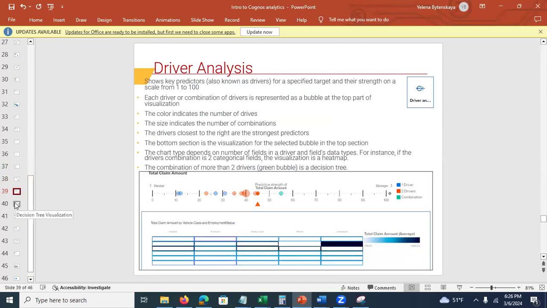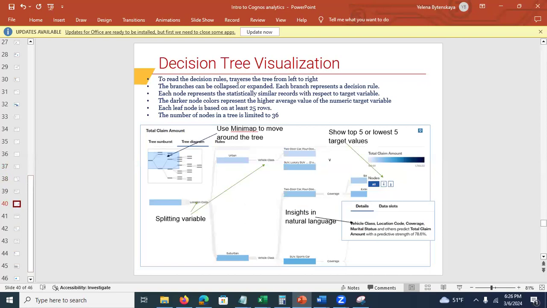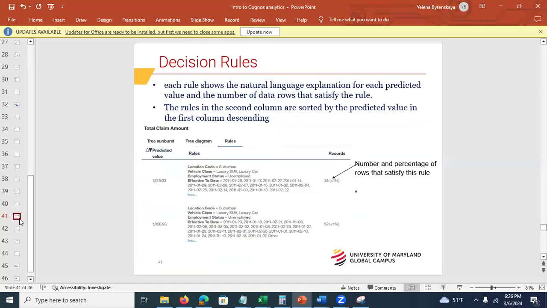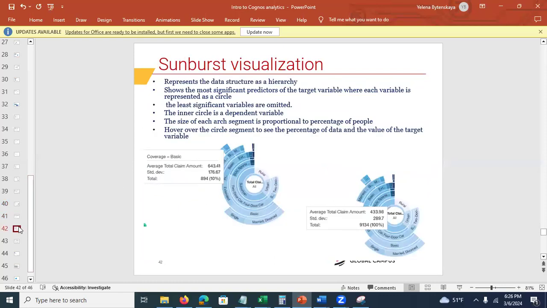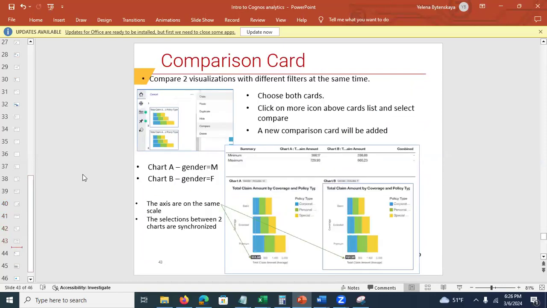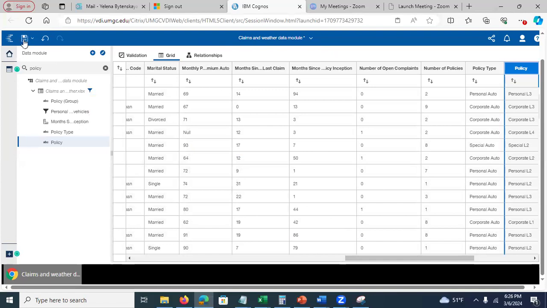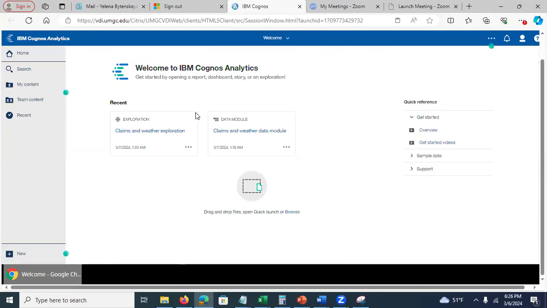I covered in different order a little bit. We talked about the decision tree. Yes, I was right. The number of nodes is 36. But each leaf node cannot have less than 25 rows. So just remember that. So we talked about how to collapse the branch, how to expand, and we looked at the Sunburst diagram. We looked at reading the rules. We looked at this, right? We looked at this. The only thing that we did not look at is this comparison thing. So now I save this data module, and I'm gonna close this,